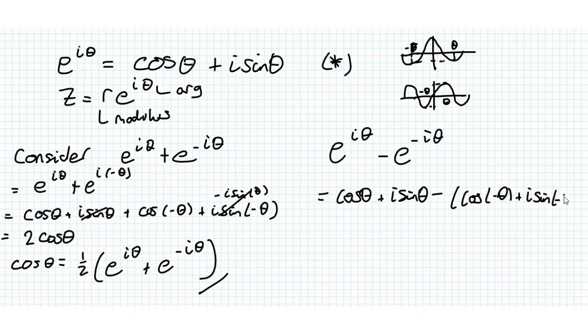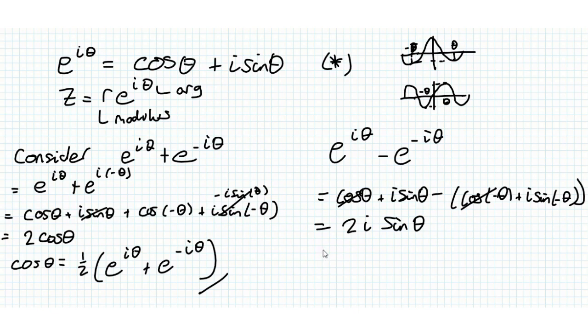And again this is just equal to cos theta, this is equal to minus i sine theta, but we're subtracting here outside the bracket, so instead we get that these cos terms cancel out and we get 2i sine theta, divided by 2i gives us